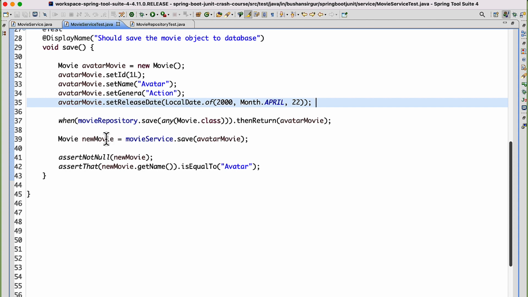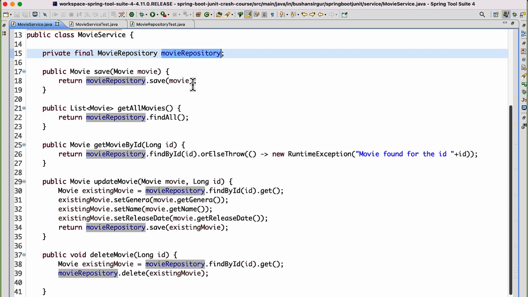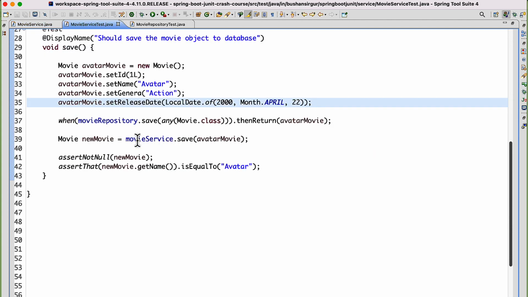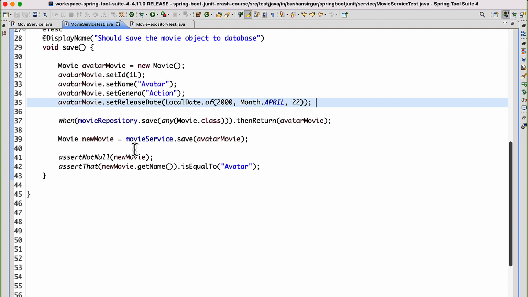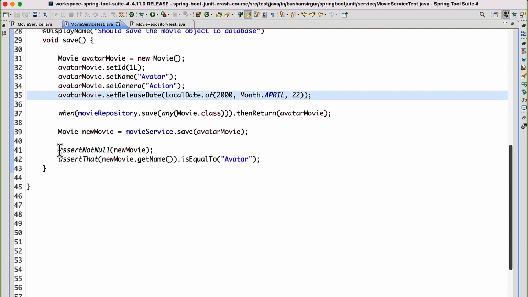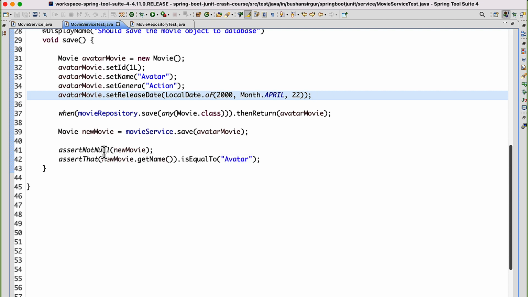It is going to test it, and inside this movie service, we are calling the movie repository save method, and we have already stubbed this method. Whenever the movie repository save method is called, we're going to return the fake value, the dummy object, which is the avatar movie. And at last we are going to assert the object using assert not null and